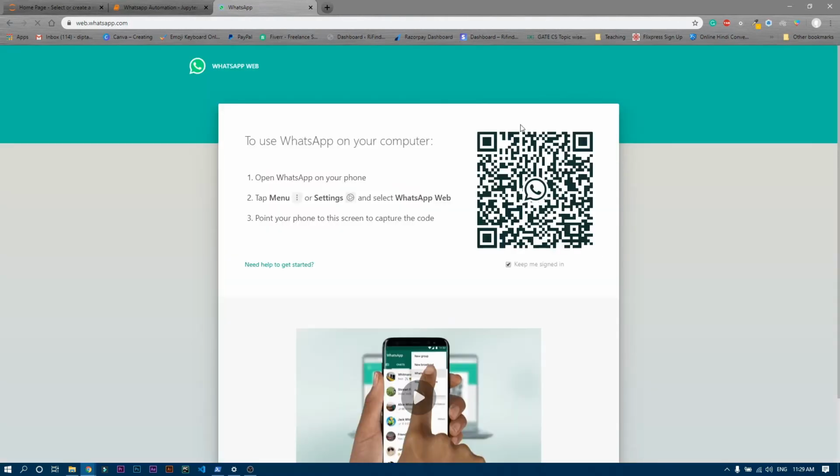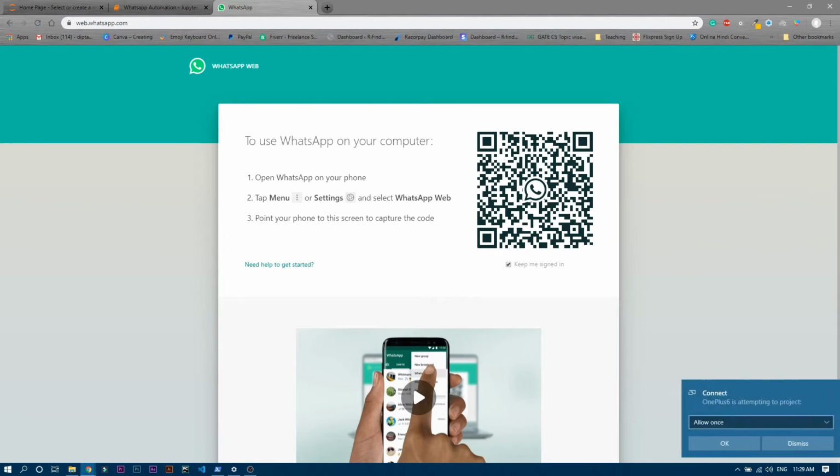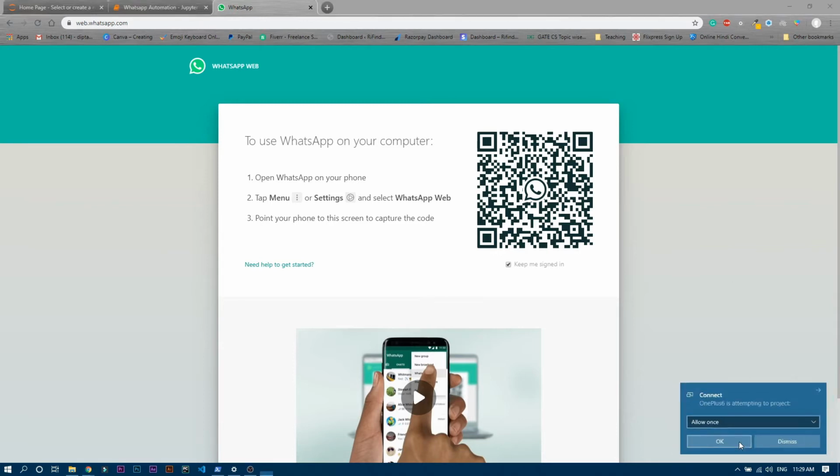You can see we are getting this barcode, right? There is an option in the WhatsApp app on your mobile phone that you should use to connect your WhatsApp app with this WhatsApp Web. Otherwise your WhatsApp cannot be automated, because we want to use the web version of WhatsApp, right? So let me show you how to find that scanning option. Let me go into the screencast option in my phone, and from there let me connect this computer. Great. Now let me connect it.